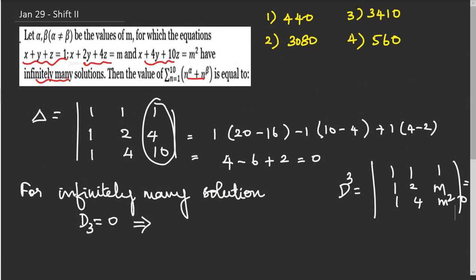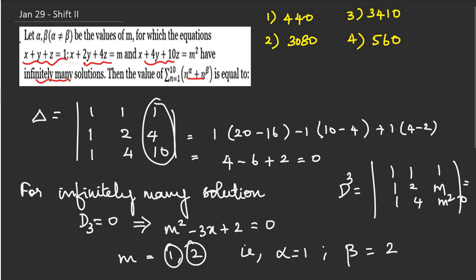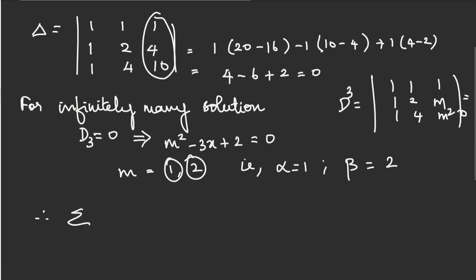Expanding, we get m squared minus 3m plus 2 is equal to 0, which gives us m is equal to 1, 2. Here we take alpha is equal to 1 and beta is equal to 2. So alpha and beta are known to us. Now we are going to find what is sigma of n power alpha plus n power beta. Therefore, sigma n is equal to 1 to 10, n power alpha, alpha is 1, plus n power beta, beta is 2 here,